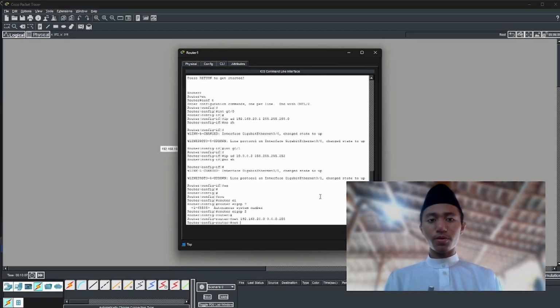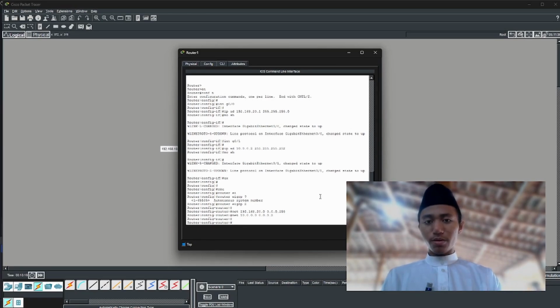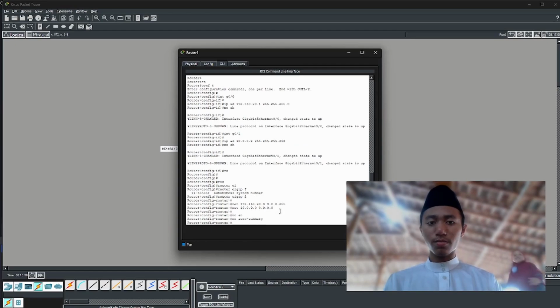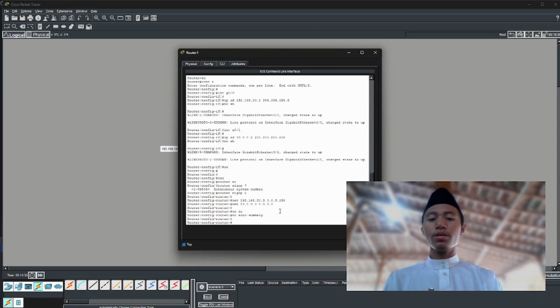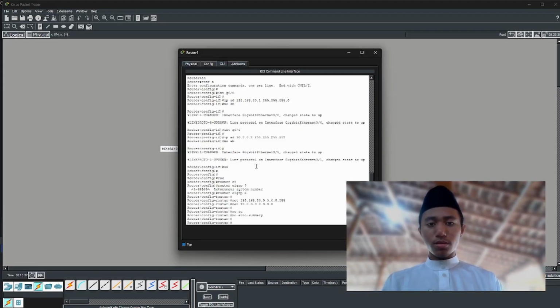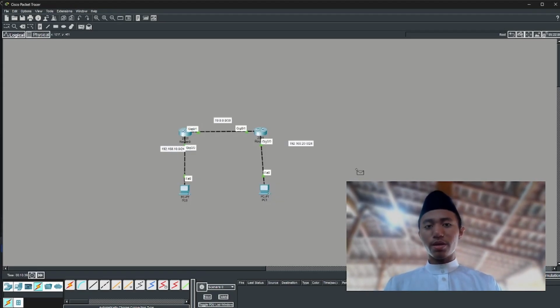Then for the PTP network, 10.0.0.0 with 0.0.0.3 for the wildcard. Next, same as earlier, we add no auto-summary because this network is classless. So after this, we have successfully configured EIGRP.